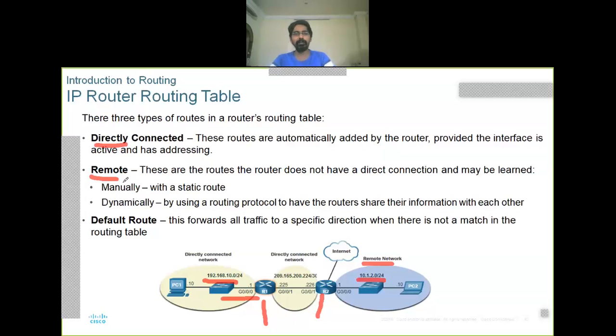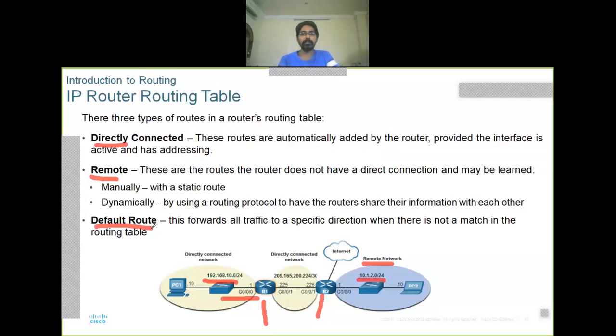That remote route can be manual or dynamic. Manual means we can write directly in the routing table. Or whenever routers advertise or share their information, that new information is updated dynamically in the routers. This dynamic procedure is applied using some routing protocols. There are different routing protocols: the RIP protocol, the OSPF routing protocol. You will learn these advanced concepts in the last module. Right. Next, one more important route is there, the default route.